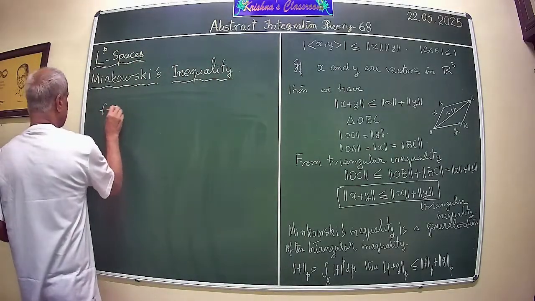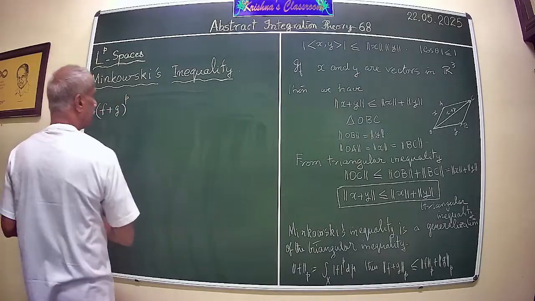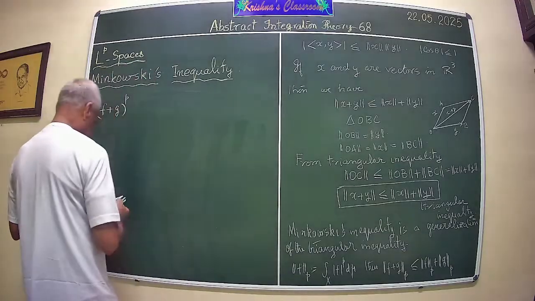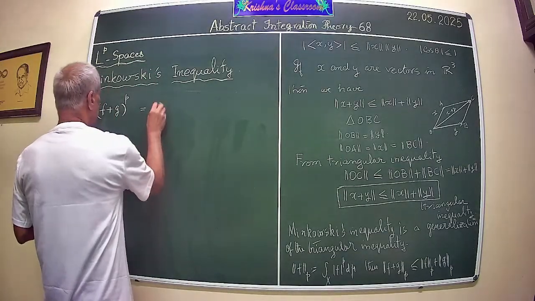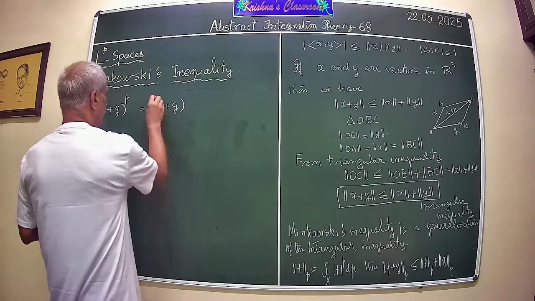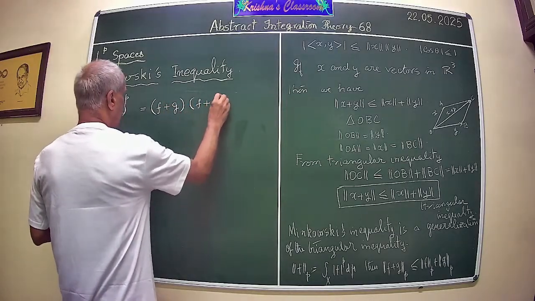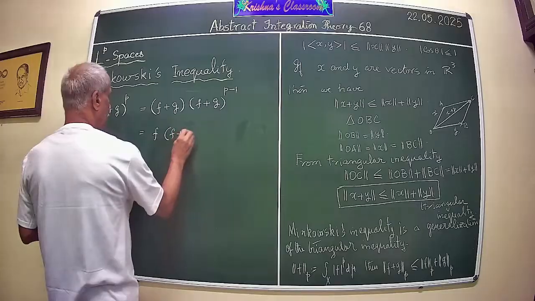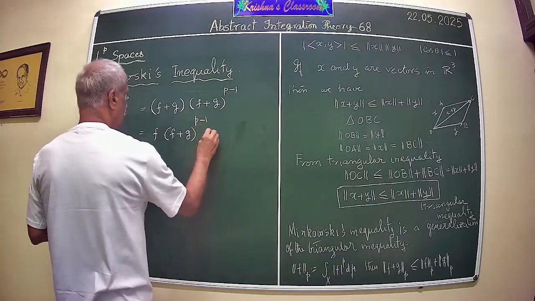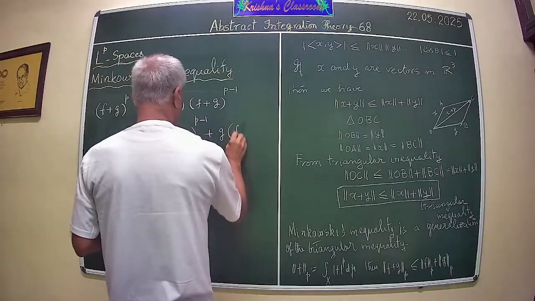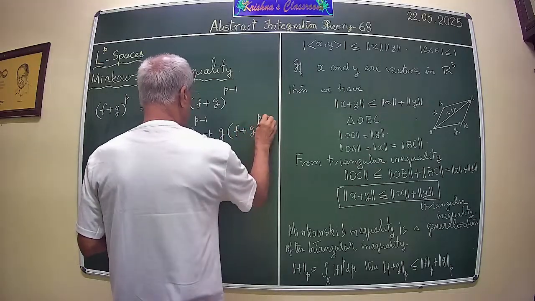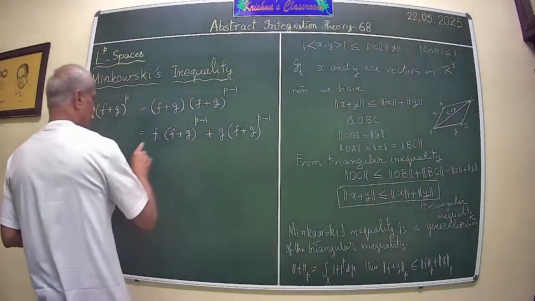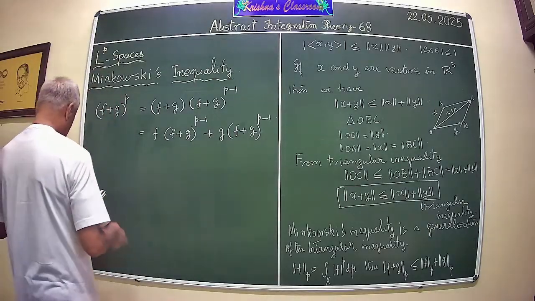Note that f plus g to the power p, you know the condition 1 less than p less than infinity, and this is equal to f plus g times f plus g to the power p minus 1. Now apply Holder's on this. So we have